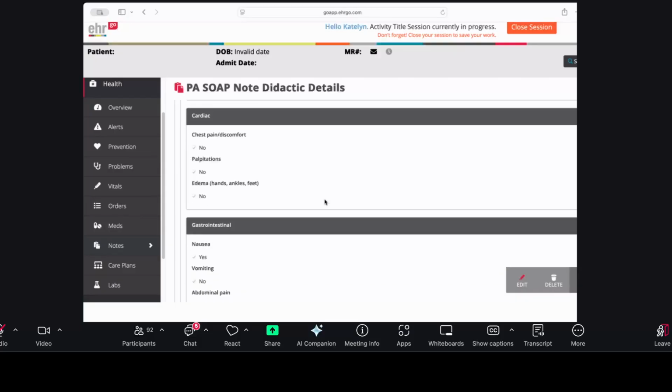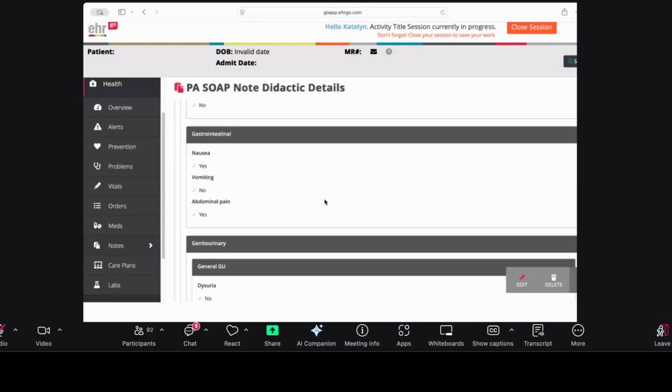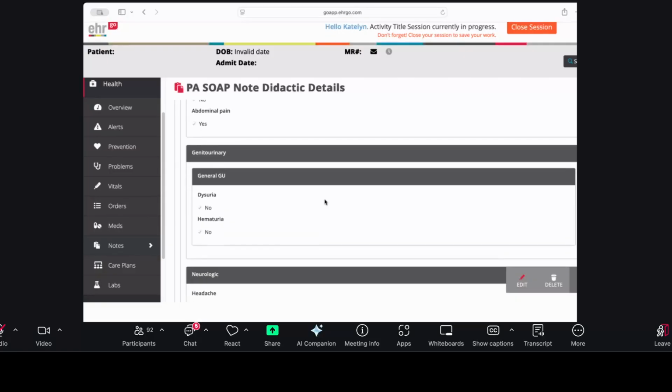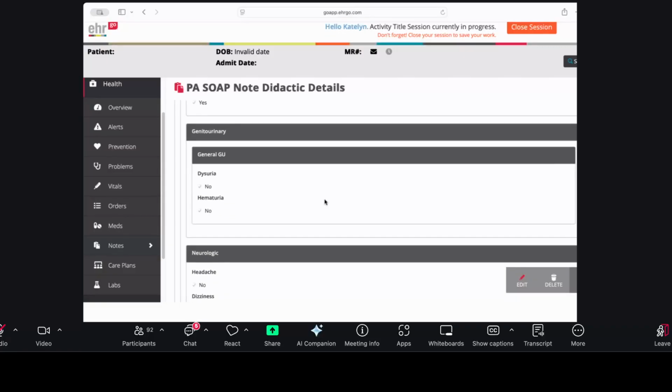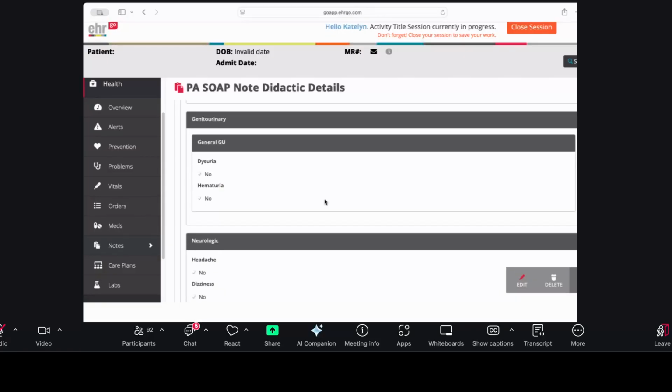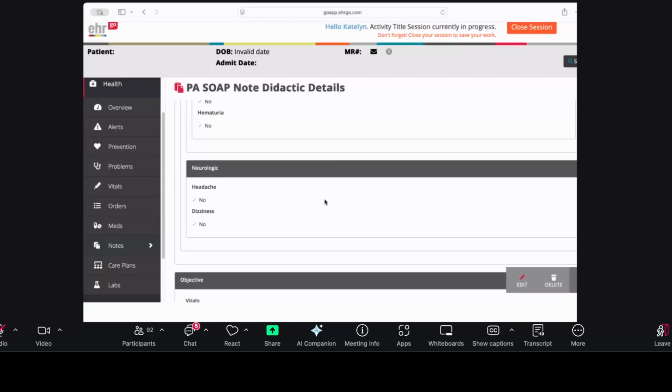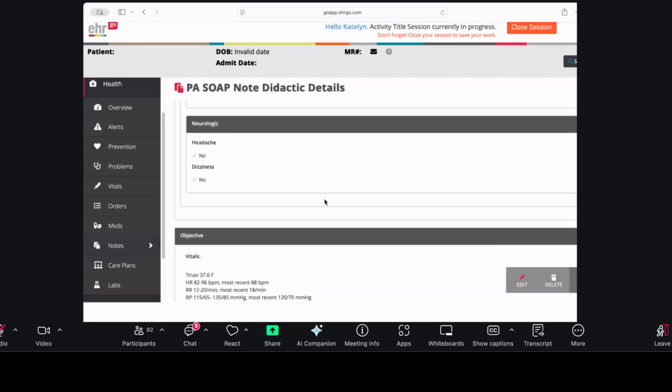Cardiac: chest pain. Are you having any palpitations? Any swelling of your legs, feet? And then nausea, vomiting, abdominal pain would be something that's pertinent. Thinking about UTI: any pain when you pee, any blood in the urine, headache, dizziness. So for your review of systems, try to make it pertinent to what is happening with your patient, if that makes